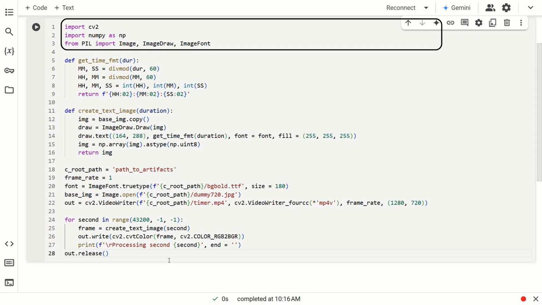PIL, which is part of Python's standard library, handles image processing tasks. We import three classes from the PIL library. The Image class is used to load the image. ImageDraw class is used to overlay the timer onto the image, and the ImageFont class is used to specify the font to be used. OpenCV is a robust tool for image and video processing. We'll be using this for compiling the images into a video format. If you're using Google Colab, everything you need is already pre-installed, so you won't have to worry about setting up